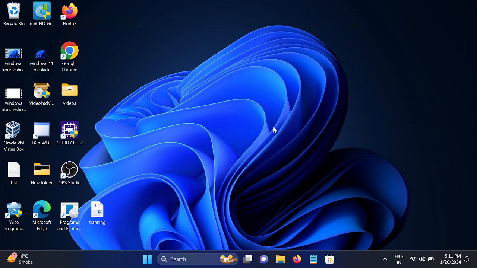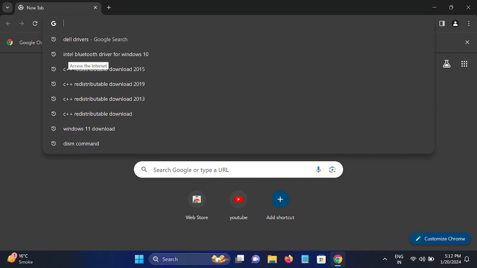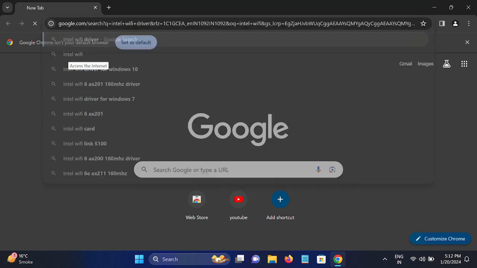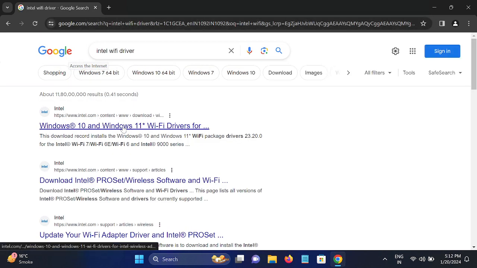Now if your issue is still not resolved, move on to the third step. In the third step, you need to have internet access. In this case, you can use another PC, or use Bluetooth tethering, or connect a LAN cable. Then go to Google Chrome or whichever browser you use, and in the search bar type Intel Wi-Fi driver. Go to the first link